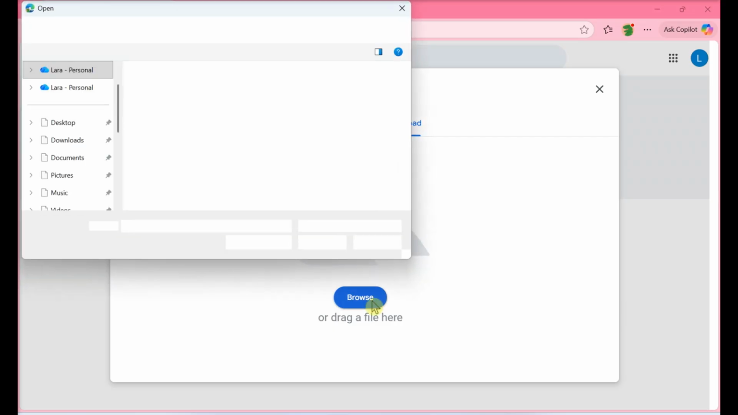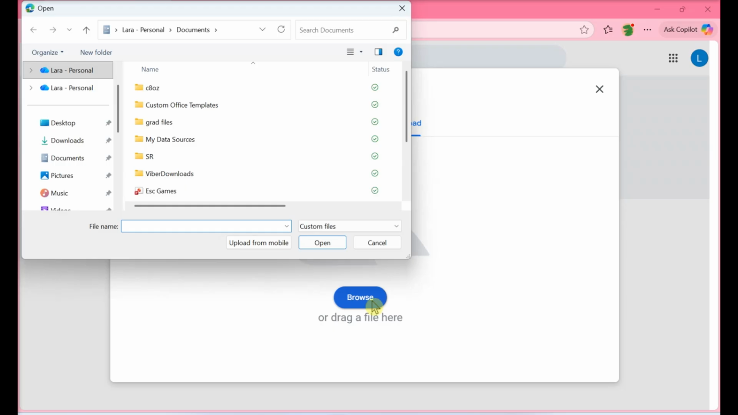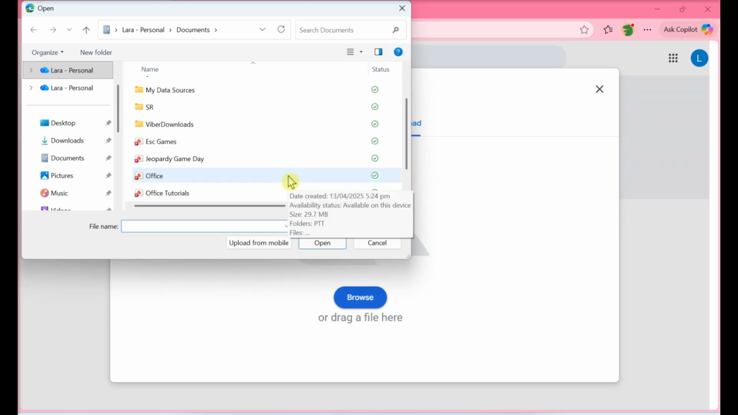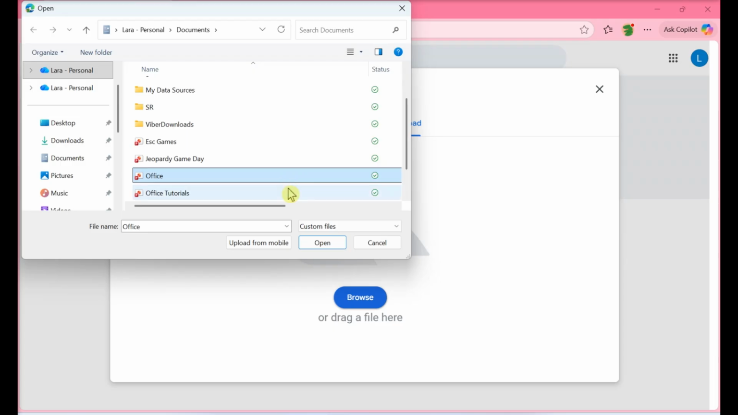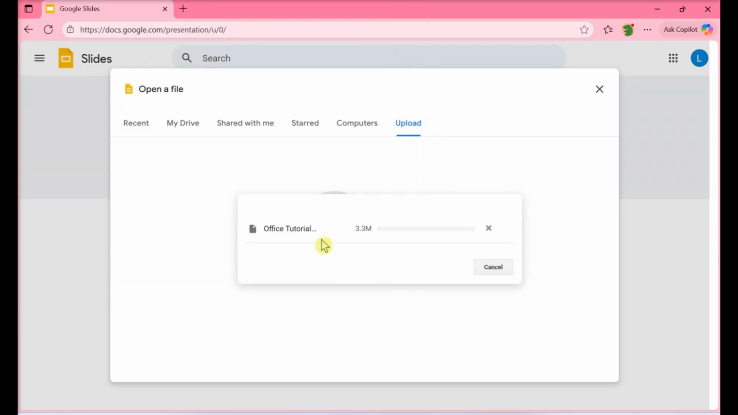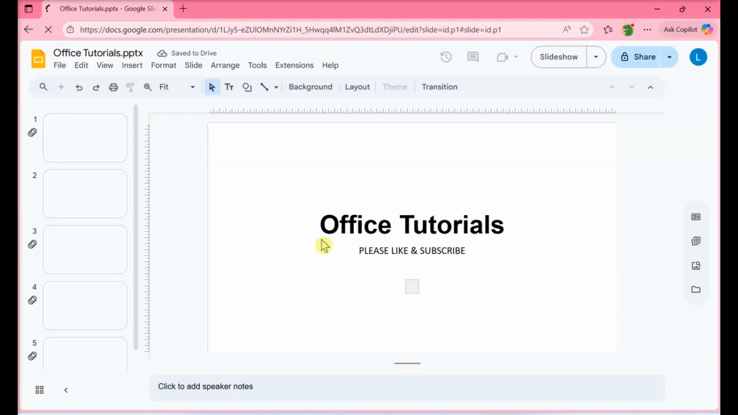It will open a File Navigator window and allow you to select your PPT file. Alternatively, you can drag and drop your PPT file here. Select your PPT file. Click Open in the pop-up. This will upload your PPT and open it in Google Slides